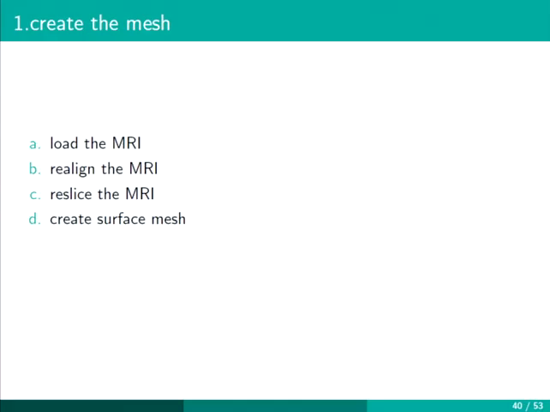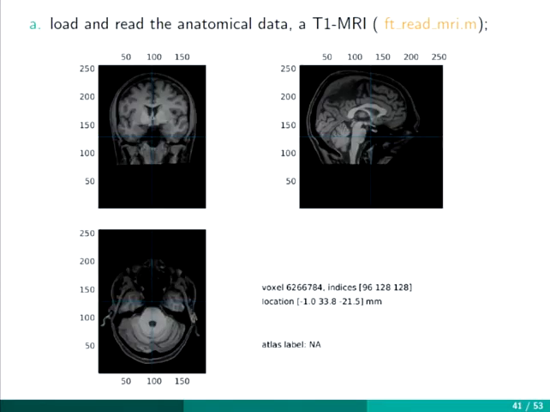This is just for pure visualization purposes. They are lighter to visualize when we want to visualize our results and so on. We have to segment the MRI, so divide our volume into different compartments. And we have to create the volumetric mesh. So some details. It's just a reminder of every function in FieldTrip that you will also see in the hands-on